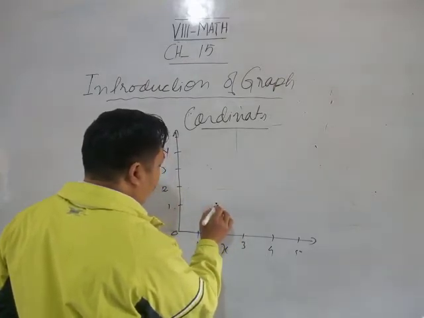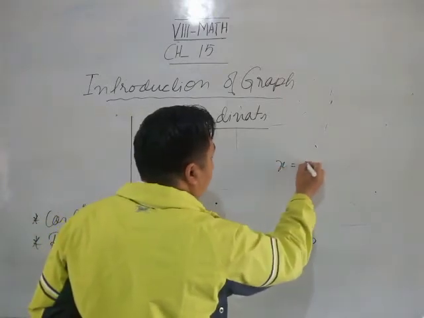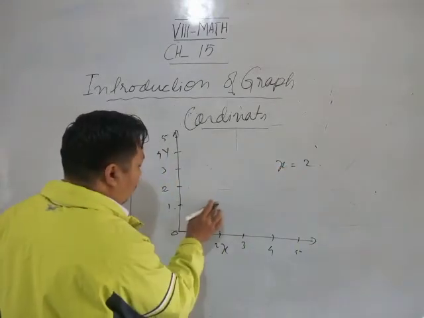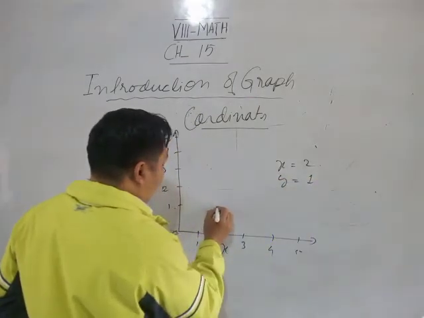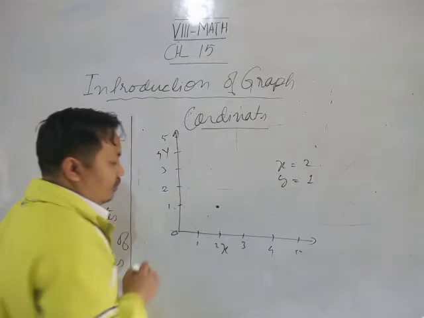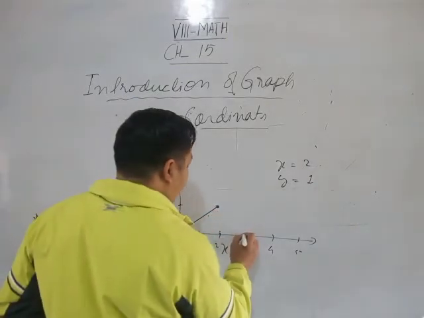So what is the value of x here? The x is equal to 2. Now, what about the y? The y is equal to 1. Okay, and then they form a point on the graph here. So you draw it. Now again,